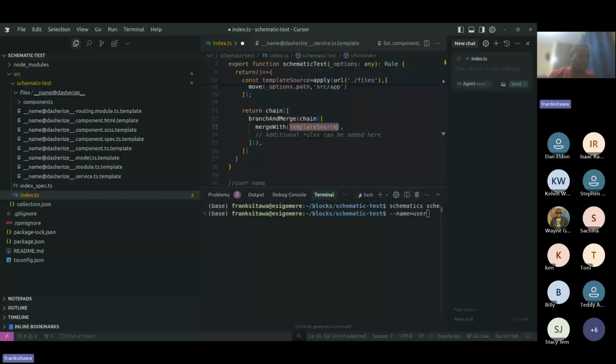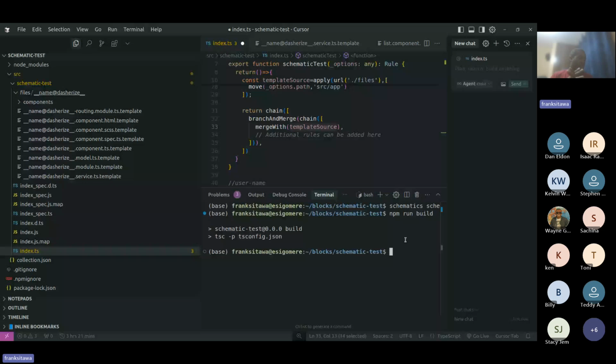So after doing that, next we can try to build the schematic. You just build it like a normal Angular project. So you'll run npm run build, and since we are just using it in our local file system, we can just use npm link to link it to the local node modules, so that when we create a new project,